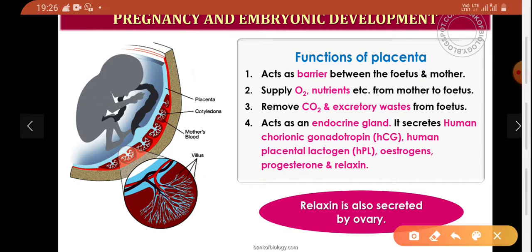And with the diagram, this is the placenta, the mother's blood. Many other functions of the placenta: it transports drugs during pregnancy, which cross the placental barrier and may even cause developmental defects. It works as an endocrine gland, also helps transport nutrients, respiration, excretion, and also helps in immunity. So these are the functions of the placenta.